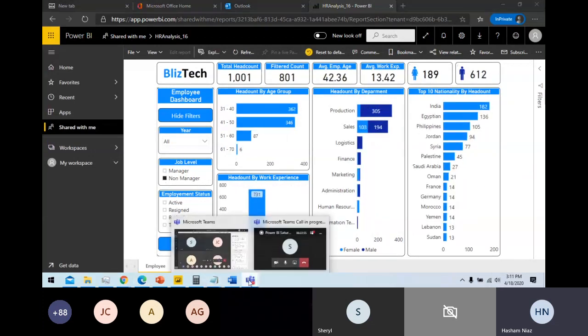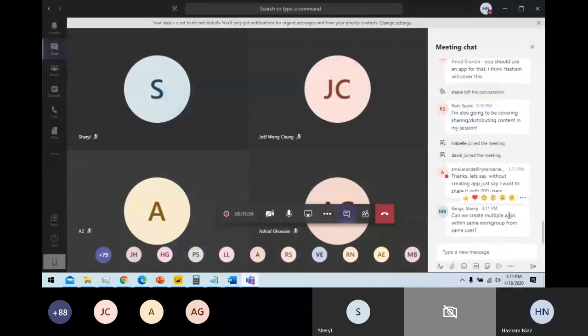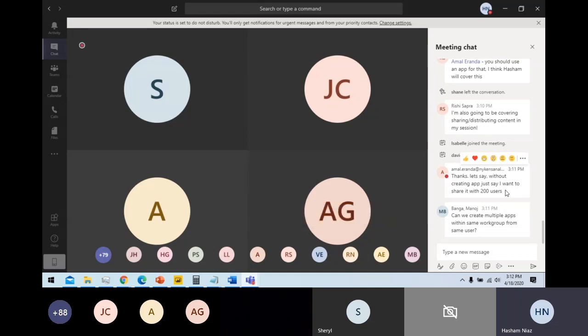So the question is, I have 200 users. No, we cannot create multiple apps within the same workspace. And the other question is, if I have 200 users and I want to share the report with all those users, how can I do it?